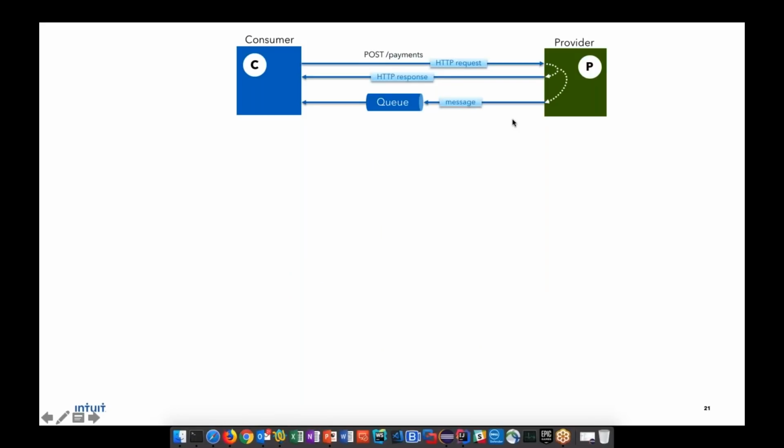Let's imagine, for the sake of this scenario, that you are a team who's responsible for building that blue box. You own a microservice. Unfortunately, as you would expect with microservices, you depend on this other microservice, which is the green box on the right.